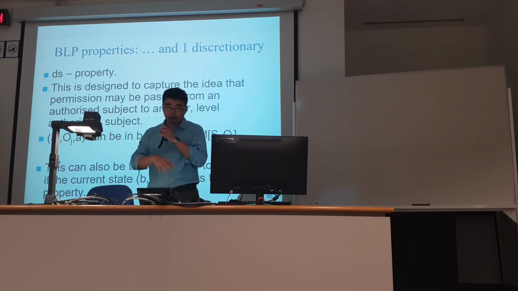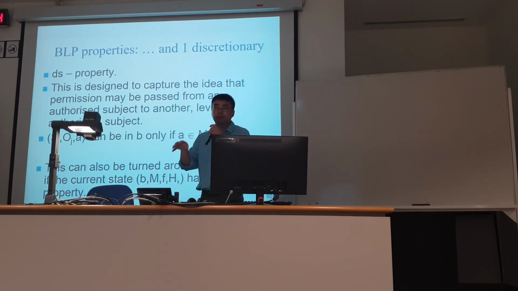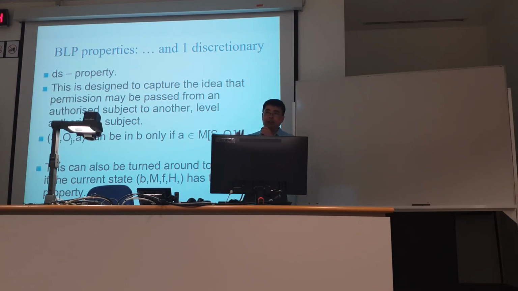So basically we need to make sure that in the current system state there is no violation of any rule by any subject or object in the system. Then we say the system is in a secure state. Then what we need to ensure is what happens when you do a transition. If you are in a secure state, that means all the rules, including the mandatory rules and discretionary rules, are satisfied by the current system state. Then we need to make sure when we do a transition to the next state,